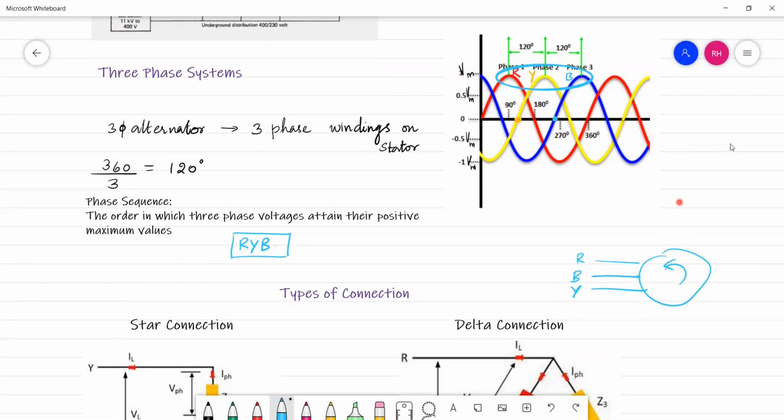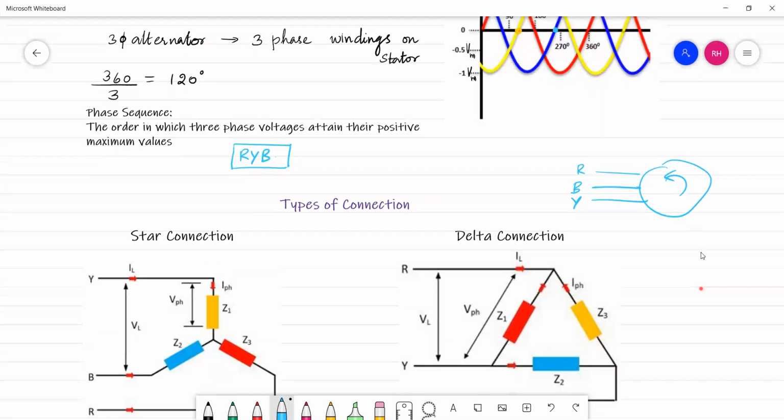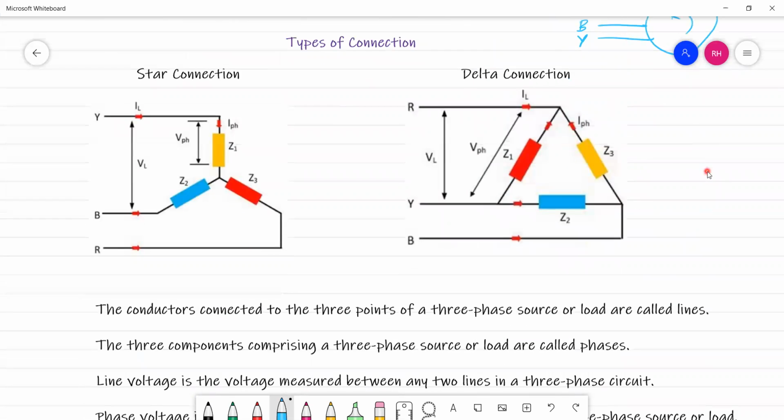Depending on the connection, we classify the three-phase system as a star-connected system or a delta-connected system. In a three-phase system, we have three conductors that are connected to three points of the source or the load, and you call them the lines. These are the lines, and the current flowing through the line is called the line current. And here for a star-connected system, the line currents are IR,